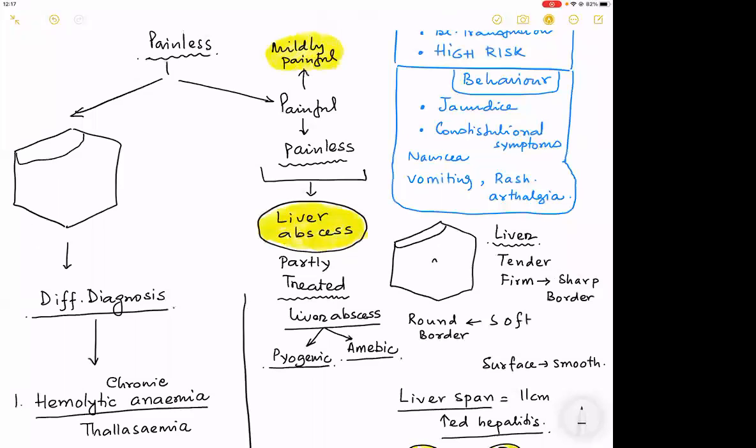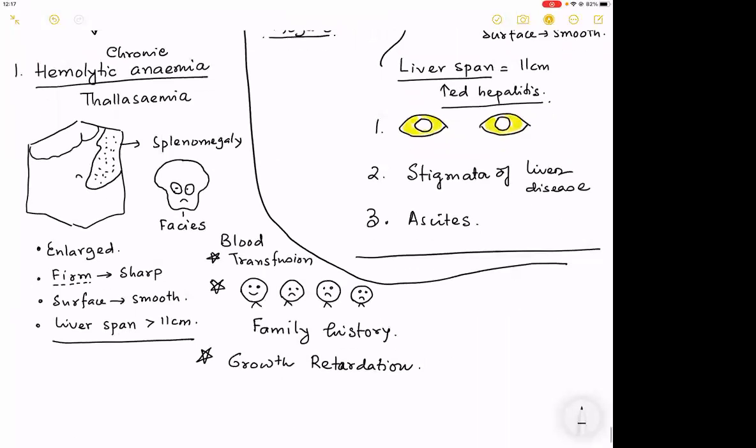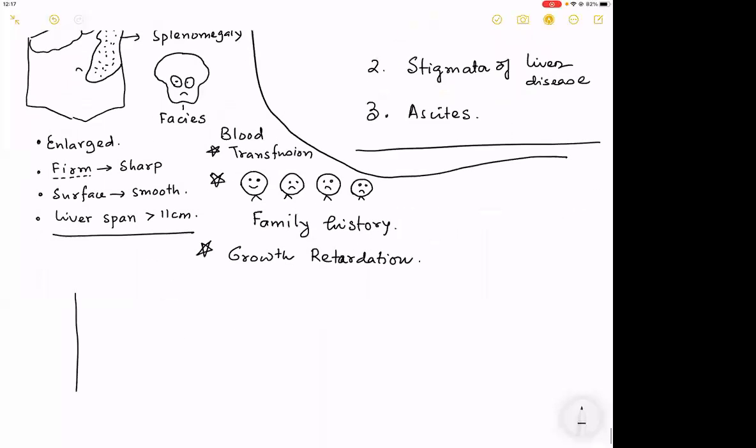Okay, sir. Sir, 11 centimeter, is it the greatest dimension or the measure from the subcostal margin? I expect that this is taught in medicine very well, and hence I do not teach how to palpate a liver, sir. Liver span is, you go on percussing, find the area where the liver dullness appears. This is where the liver dullness appears on percussion. And then measure the lower border from the mid-clavicular line.